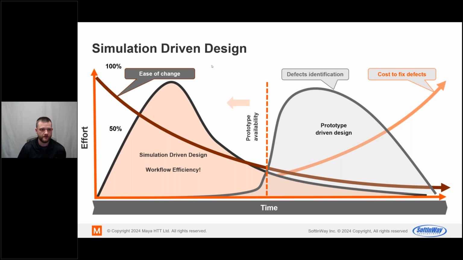So as we can see here, the ease of change is easy at the beginning and more expensive as things develop later on. But one thing that we want to highlight here today is that you can still do simulation, generate a design and do it early in the design phase, but we also need it to be efficient. So you can also get into a loop of not really getting where you need to go if you don't have design efficiency and efficient simulation tools.